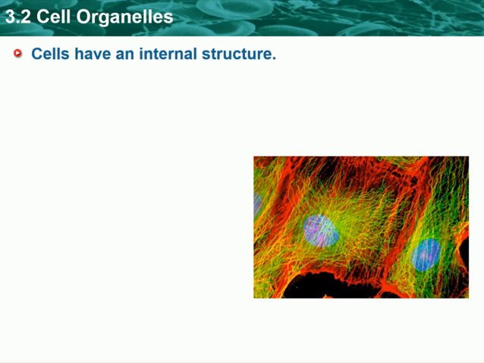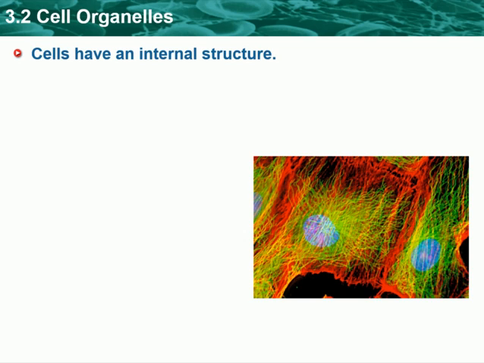First main idea: Cells have an internal structure. Like your body, eukaryotic cells are highly organized structures. They are surrounded by a protective membrane that receives messages from other cells. They contain membrane-bound organelles that perform specific cellular processes, divide certain molecules into compartments, and help regulate the timing of